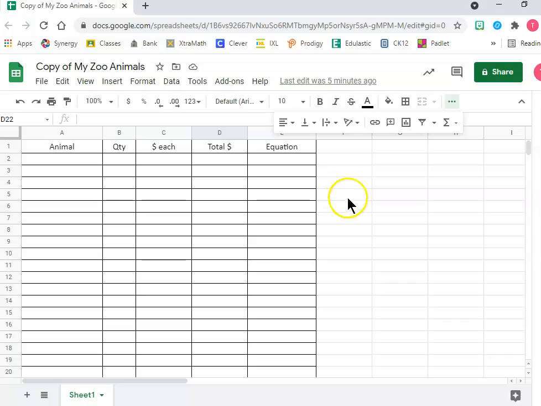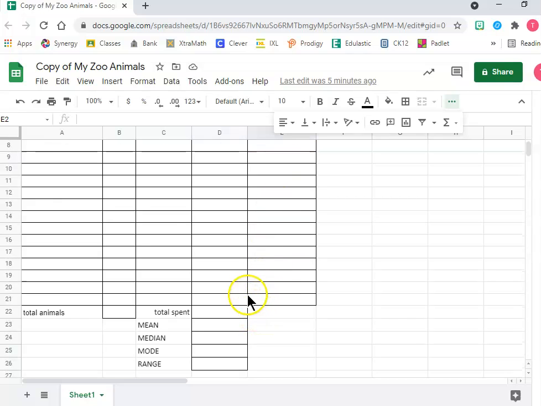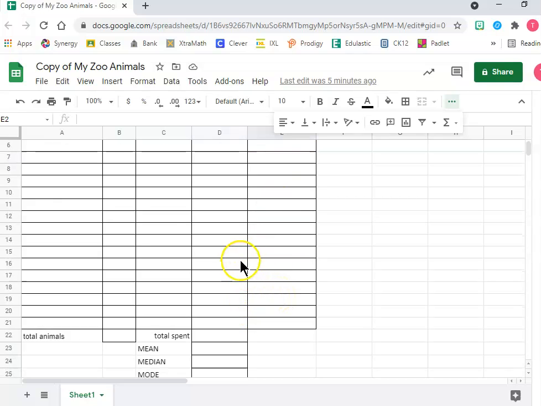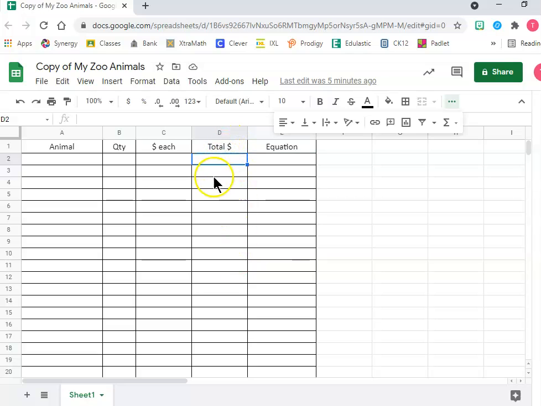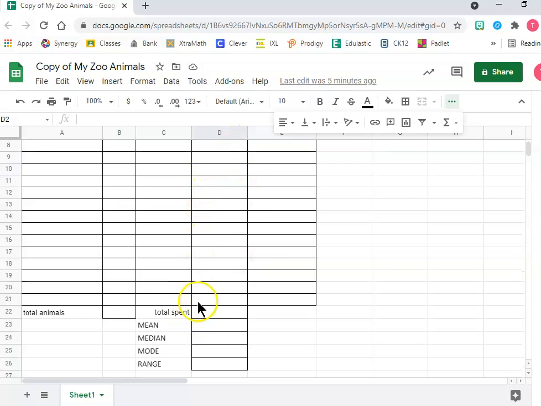So I can, in Google Sheets, you have to highlight it first. If you're in Excel, you do not. So you click and then go down to the bottom. Okay, oops, wrong column. The total column. Click that one and then scroll down and just above total spent, this is your last line. Click, you're holding down the shift key and you click it so it highlights that whole column, right? Down, not this button here. Then you go click that funky little E,